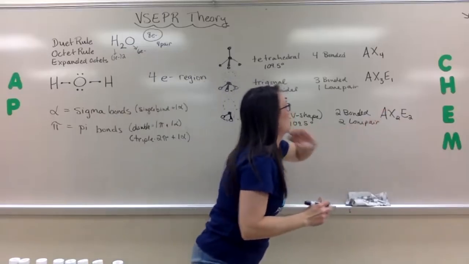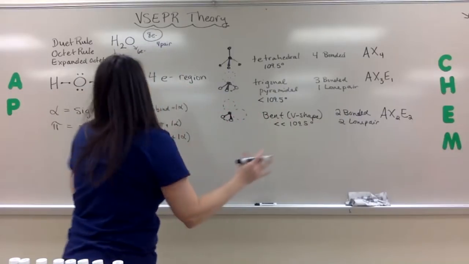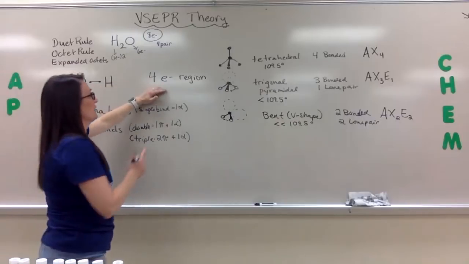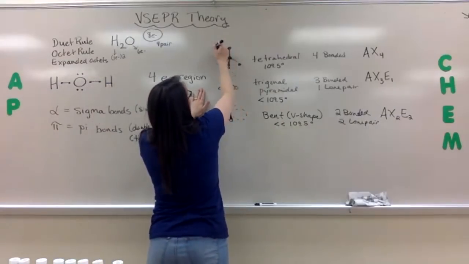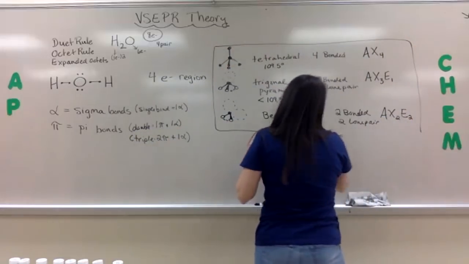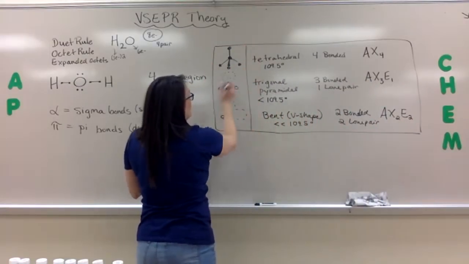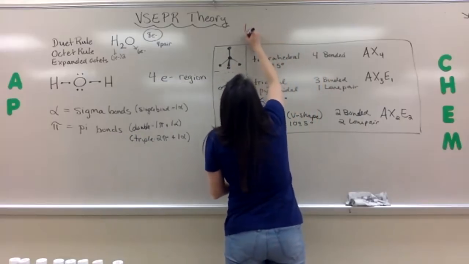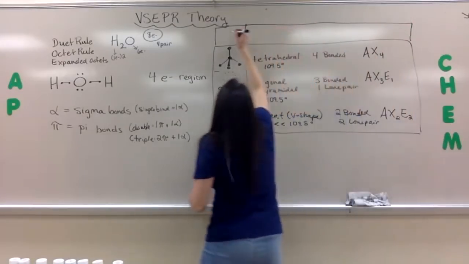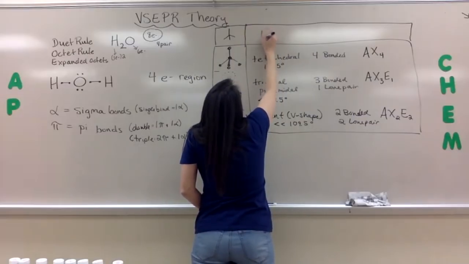Okay, AX2E2, are we good? So, moral of the story here is we have water, one of the most common molecules that we ever want to know. 4 regions. These are called, I think, the molecular geometries. This is uber picky in my opinion. These are the possible molecular geometries, okay? But they all have an electron geometry. To me, this is nitpicky, but I've seen it out there. They all come from an electron geometry